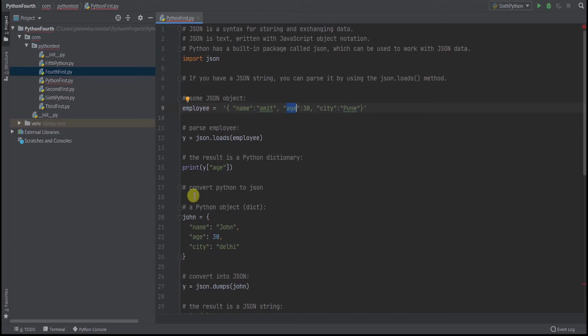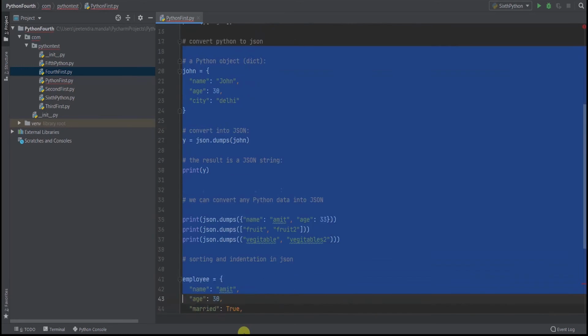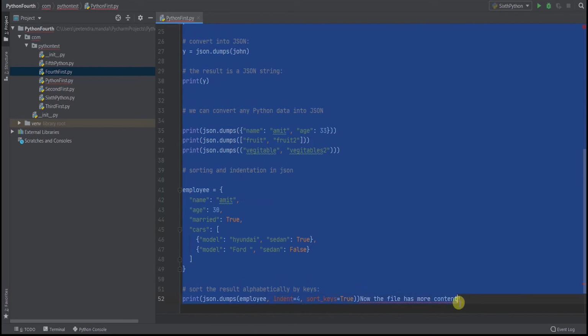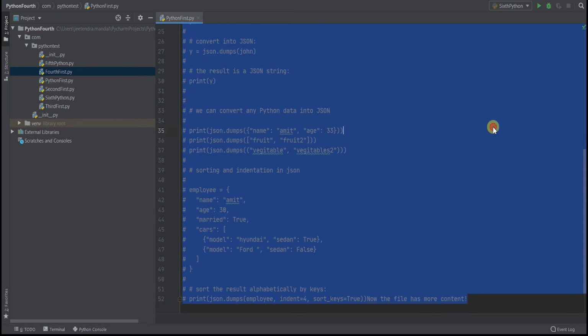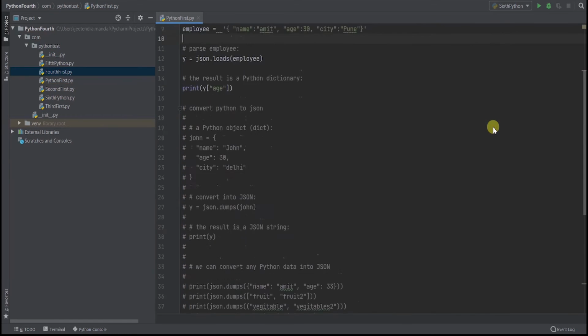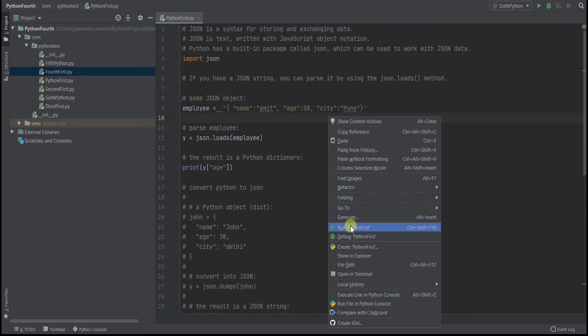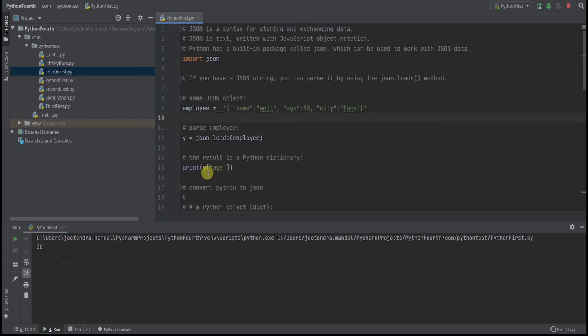Let me comment the rest of the things here so that we don't get confused, and I'll run the program. So it should print the age. That's how we can create the JSON object, parse it using the load method, and get the value using the key.